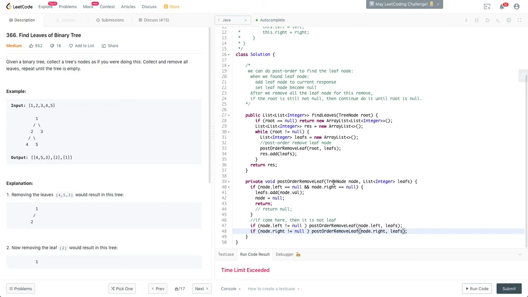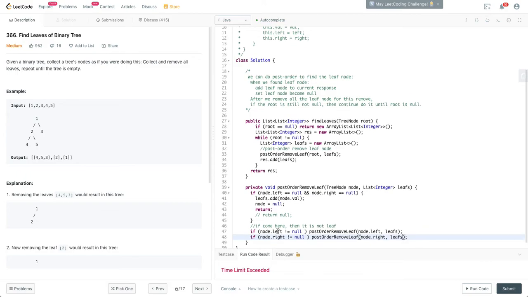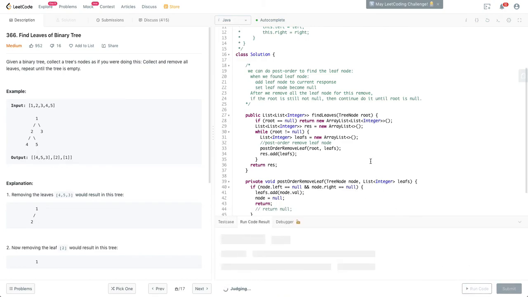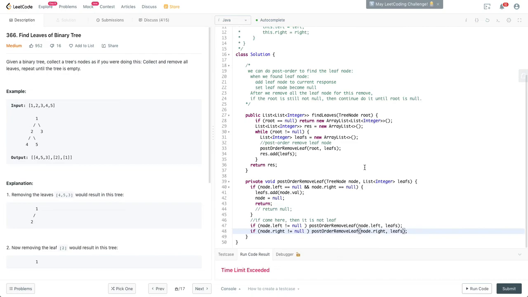Time limit exceeded. Why? So if the time limit is exceeded, let me run. If time limit is exceeded, it means that somehow our looping here is not really correct. So let me check again. So for example, we have 1, 2, 3, 4, 5, and you see if we add the node again, then we just stop that one, right? Node equal none, and then we stop. Then if the node comes here,